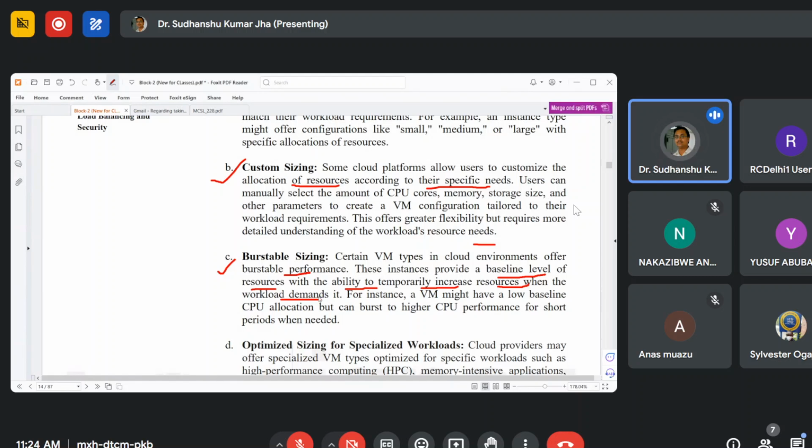So slightly, burstable staging means in the beginning, just like in the fixed stitching, this much of the resources is allocated. However, there is something different in the burstable stitching: you may slightly increase or decrease the requirement of the resources depending upon the